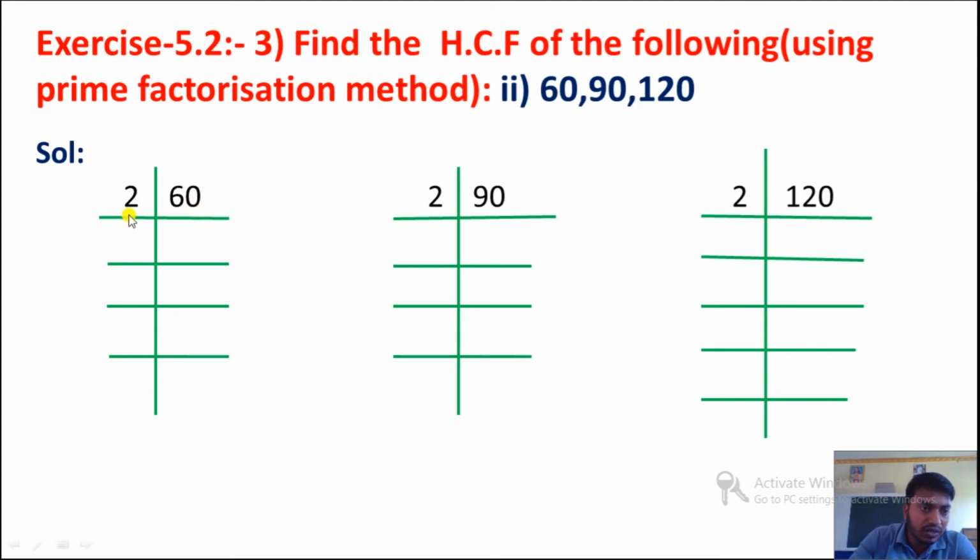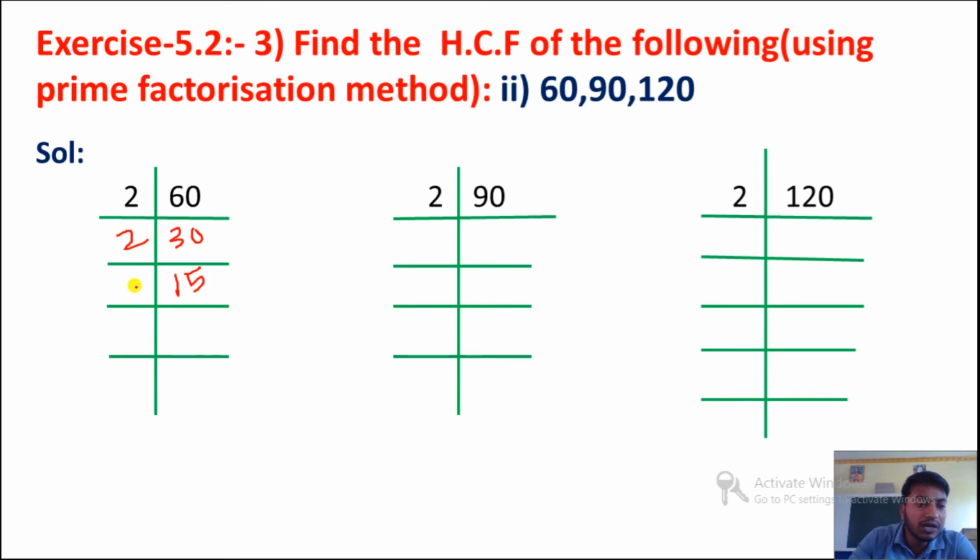Okay. So first we will take the smallest prime number, which is 2, and easily we can divide this 60. So we will get here 2 3s are 6 and 0, 30. Okay, now 30 also we can divide by 2, so take another 2. 2 1s are 2, 1 left, 10, 2 5s are 10. Okay, that means 15 we got here. Now this 15 we cannot divide by 2, because this is not an even number, so we'll go for the next prime number. And what is the next prime number we have?